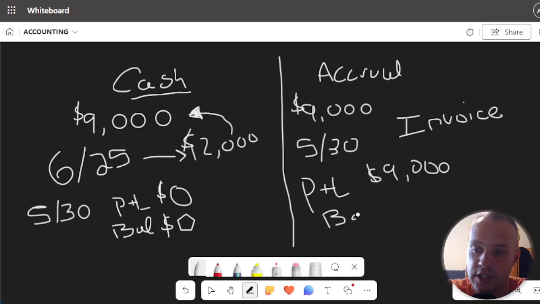Your balance sheet would also say $9,000, with the majority going to accounts receivable and most likely net income or retained earnings.